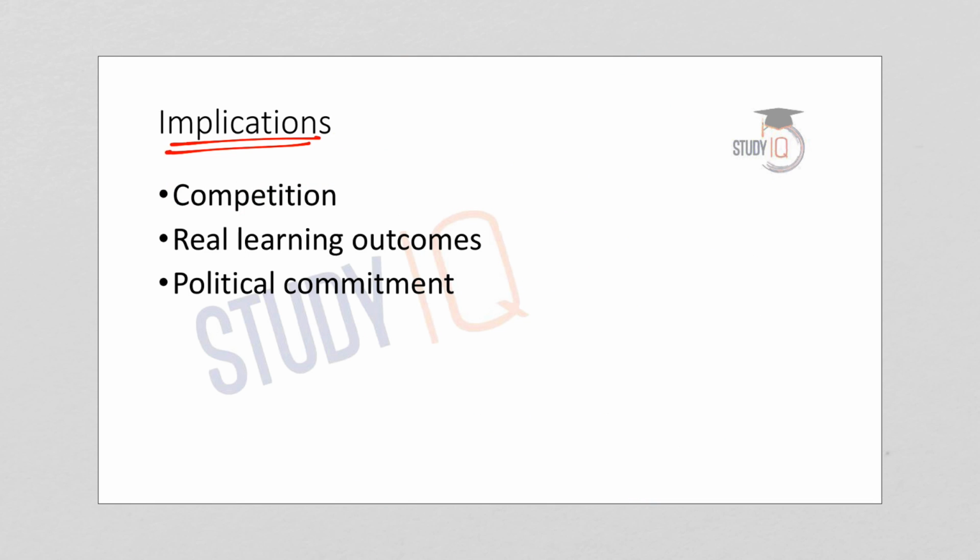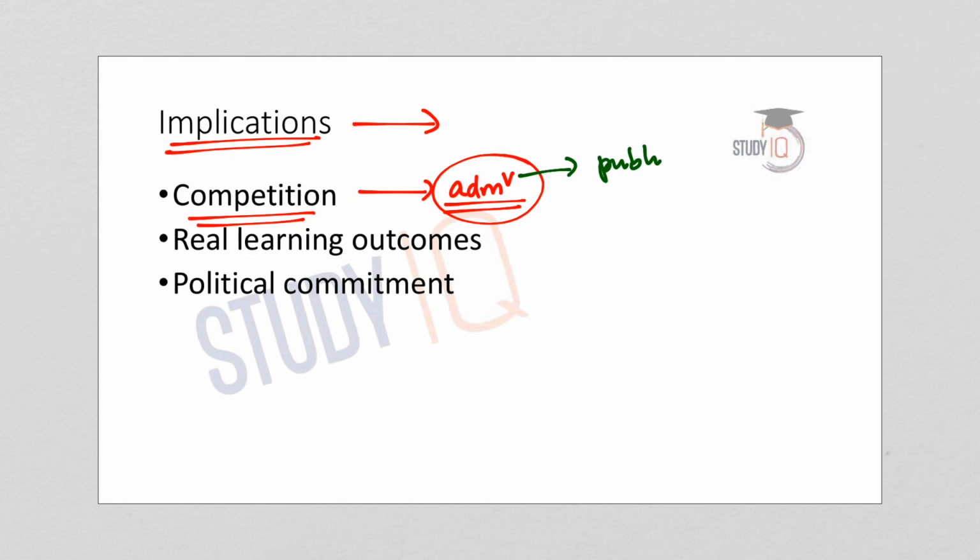So now we'll understand what are the implications of this Haryana model. First of all, inducing competition among the administrative units helps to encourage the key stakeholders to work in tandem to achieve the outcomes. So we can say that the administrative units are a very important stakeholder in the field of providing quality education, especially with regard to public education, because they play a major role in improving the public education system at the lower levels. Bringing in a sense of competition or competitiveness among the administrative units itself will bring in a significant change in the outcomes.